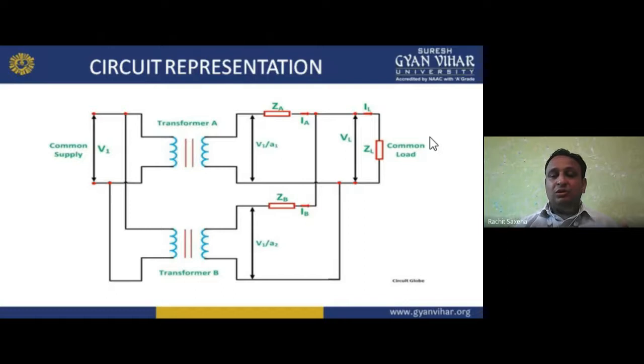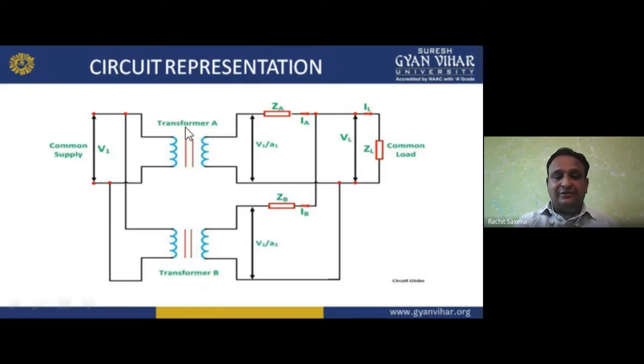We can use more than one transformer and connect them in parallel. Why am I doing so? For example, I have a 5 MVA transformer, so connect two or more, two is sufficient. We can connect two transformers of the same rating, 5 MVA, with the load. So it can take the load, and while there is some maintenance or fault issue, we can remove one transformer and the other transformer takes the load. So that is the main reason why we are doing the parallel operation.